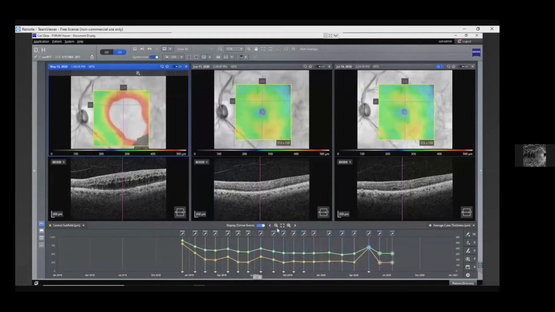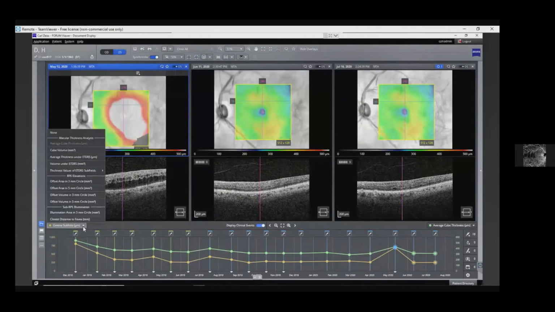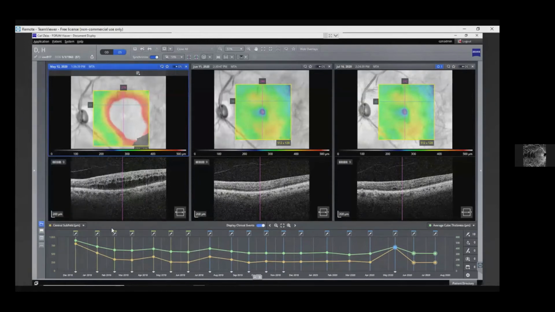What I tend to use is this line graph, which we looked at in the slide deck, which is showing on a visit-to-visit basis changes in these specific metrics we're looking at. I chose central subfield here in orange. There's average cube thickness here in green. I said there are several other options: cube volume, various ETDRS subfields. You can look at RPE elevations. So there's a lot of different things to look at, but here in this case, we're just looking at these two parameters. And this might help explain why this patient had this recurrence that we see at their May visit,